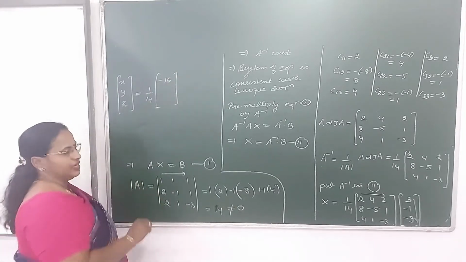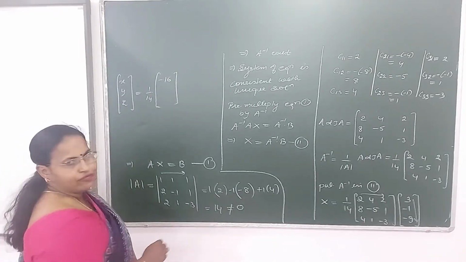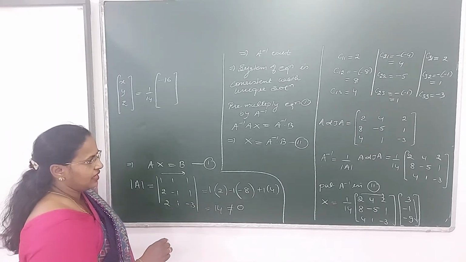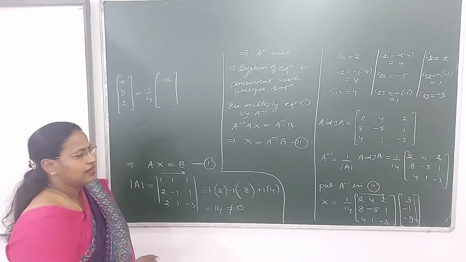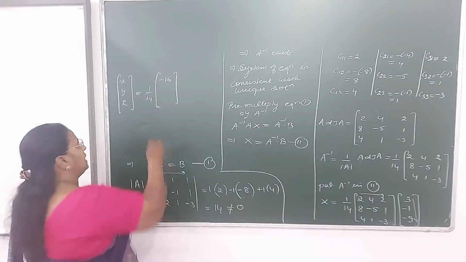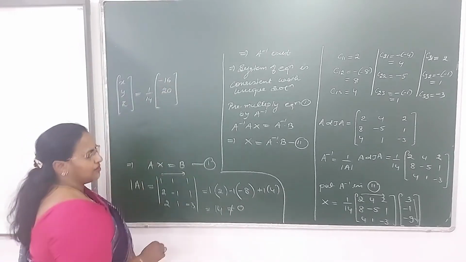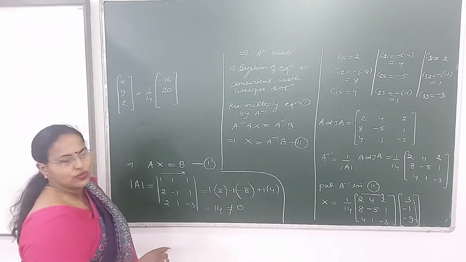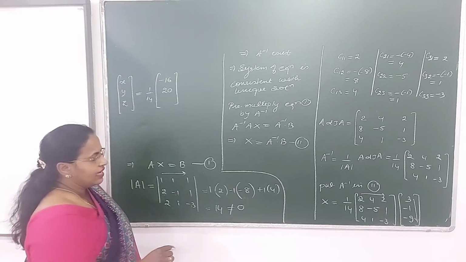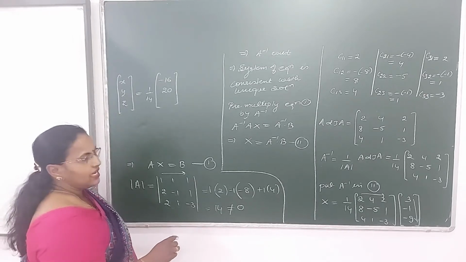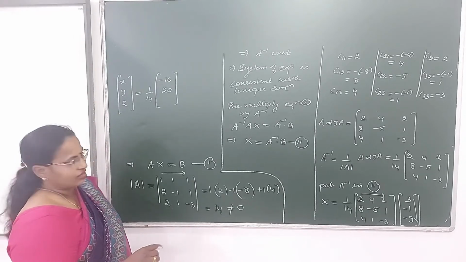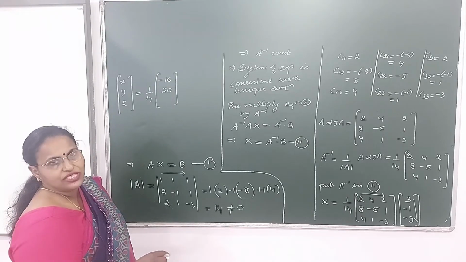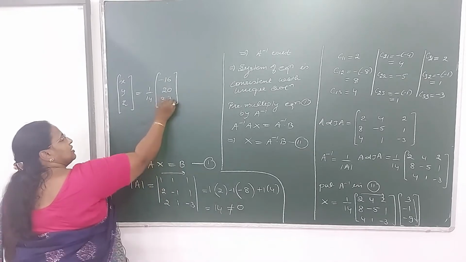Okay. Now the next row. 8 times 3 is 24, 24 plus 5 is 29, 29 minus 9 is 20. So it's 20. What about the last one? 4 times 3 is 12, 12 minus 1 is 11, 11 plus 27. Once again you see 11 plus 27. How much is it? It's 38.